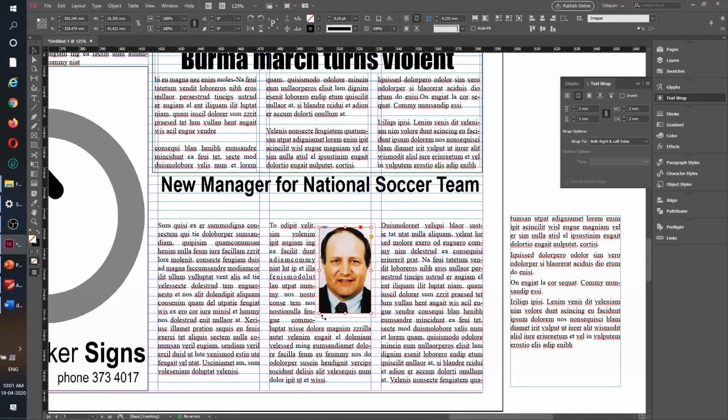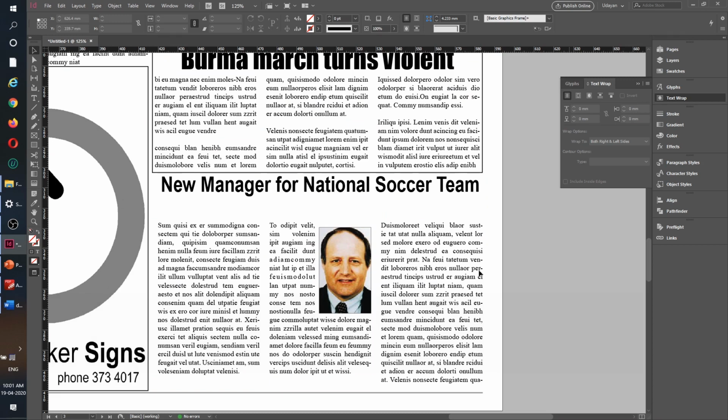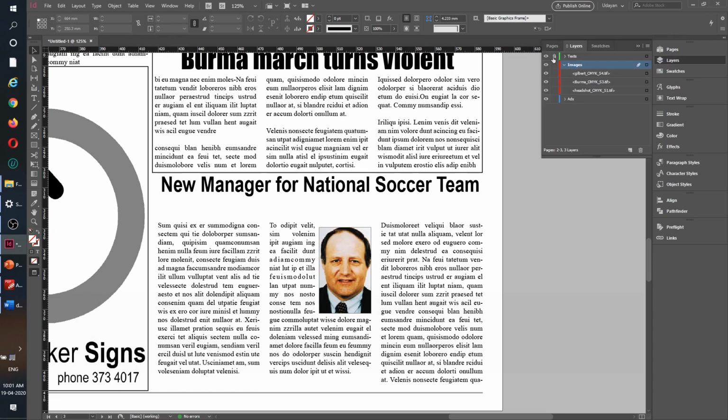Now really I don't want this to have 2 millimeter here, so I will unlock it, and from the bottom I will make it 0. See, side also, if you think, you can press W and see if you think you need that much space. It's quite even now. It looks good, so I'll leave it as it is. Going down to layer, unlock my text, and we are good to work with text again.